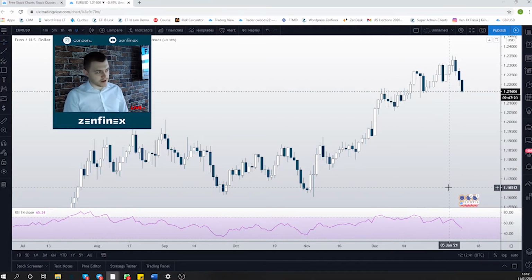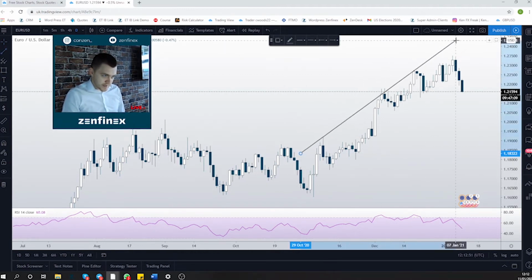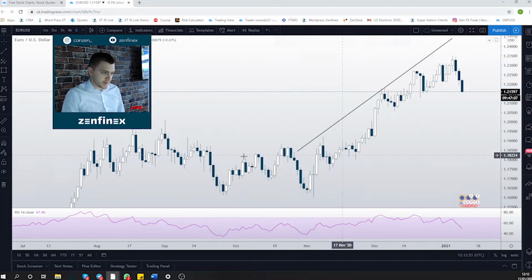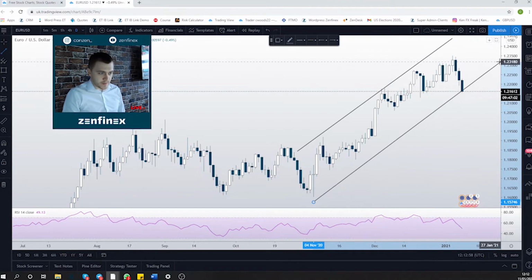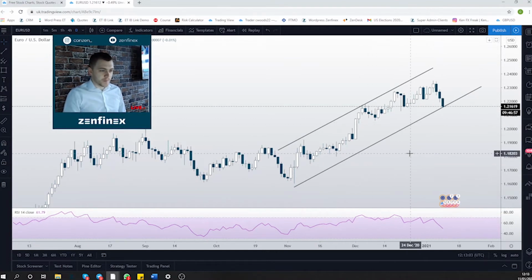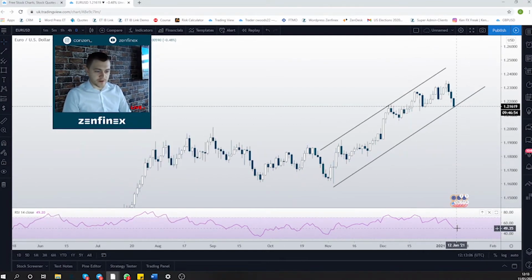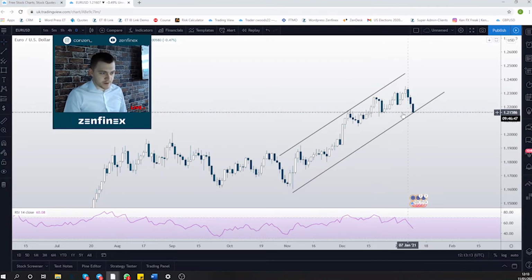And as always, I start on the higher time frame, on the daily time frame now, and then we like to move down. And on the daily time frame, just popping up straight away, just really quickly, is we are in a fairly nice ascending channel. This is good signs for our buys. We are threatening to break below, but this is a nice pullback on the RSI. We're at around fair value, I'd say, on the daily chart, and we do have this level here, which could be a nice area for reversal.